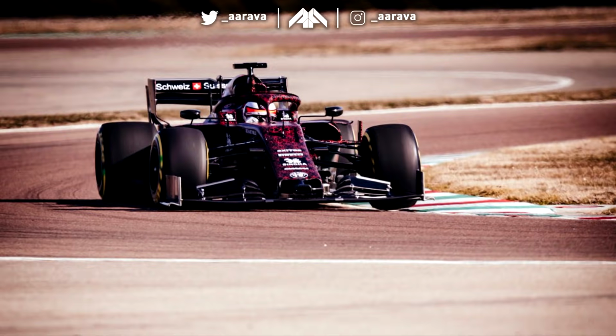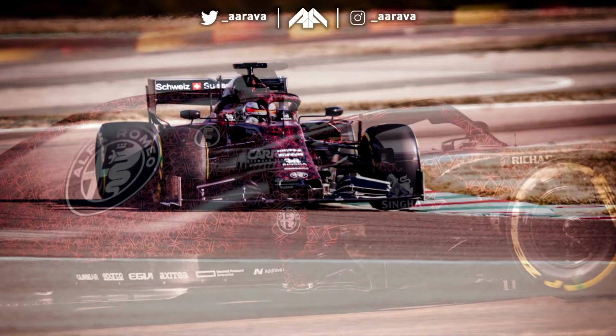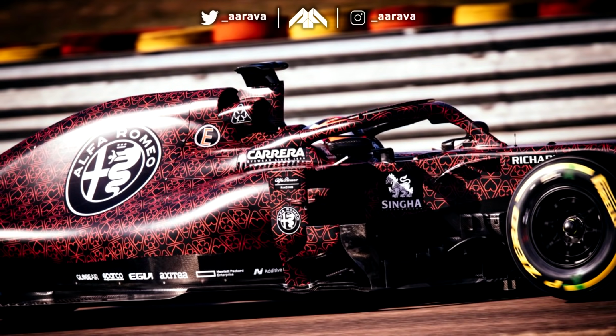We did McLaren earlier in the day, and right now we're looking through the Alfa Romeo Racing 2019 Challenger, which hasn't officially even been launched yet. The official launch is on Monday at Barcelona at the start of pre-season testing, but they did a shakedown today on Valentine's Day in a special one-off Valentine's themed livery with a lot of hearts and the Alfa Romeo four-leaf clover logo plastered all over it in red outline on a black base there, and well, the car itself looks very